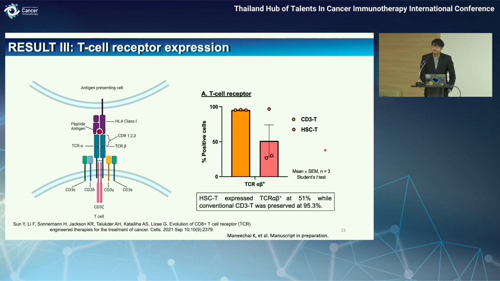For the next one, this is the T cell receptor, which is the maturity receptor of the T cell. So we assess the expression of this kind of receptor. We perform flow cytometry, and it shows around 90% expression of the alpha beta T cell receptor in the conventional T cell. In contrast, the HSCT-derived cell shows just around 50%. This result could be explained by the lack of the thymic cortical epithelial cells, which normally are located in